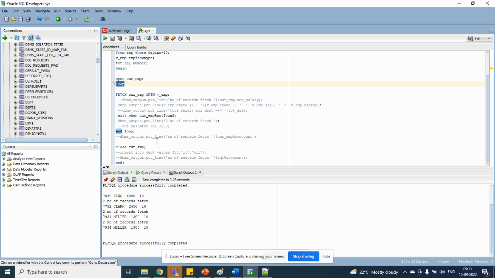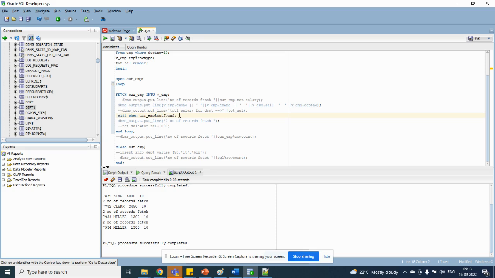Now, if you are clear, I will tell one more topic. Already I have covered a few things: cursor percent not found and row count. Cursor attributes. Actually, we have four cursor attributes. One is not found. See, for the exit condition we have this one, right? The same condition I can write like this, instead of not found, I will use cursor